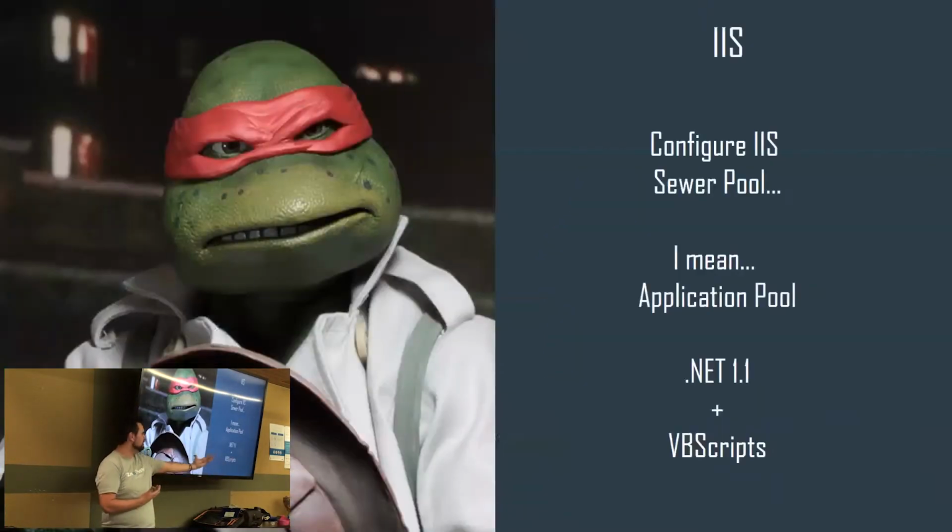And I was also knee deep in doing IIS server pools, application pools. But it's my attempt at humor. But being able to troubleshoot .NET 1.1 and VB scripts, we talked about back-end infrastructure, things running on VB scripts. Can you imagine that? Having to go back and look at some of the code that I had to write, I'm just like, oh man, who the hell wrote this? And then you look at the author, you're like, oh, okay, of course it was me. But being able to keep these things alive was a huge challenge, right?